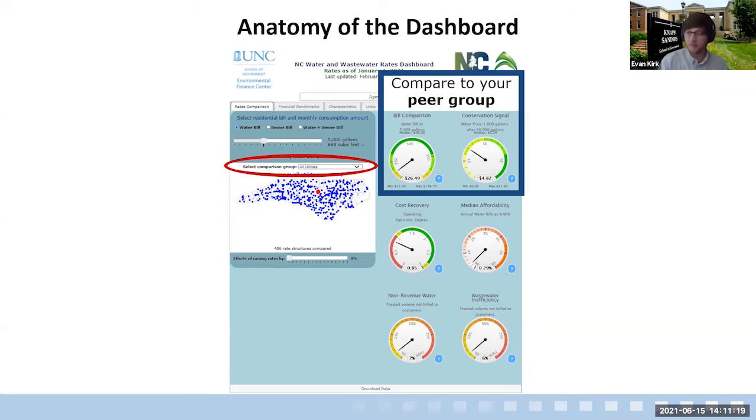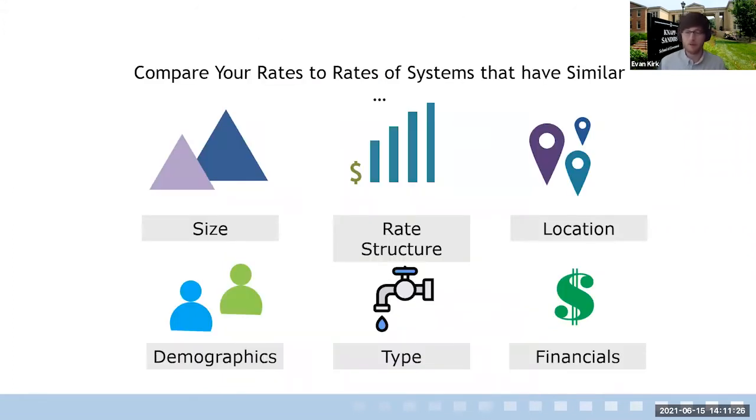So instead, we've developed comparison groups, which allow you to compare to systems that are more like your own. So what are the comparison groups we have? We have size. A system that's less than 10,000 people will have higher cost per connection for infrastructure than a system that's greater than 10,000 people on average. So you want to compare it to systems that are in your size range. So if you go to the comparison group and you select systems of a similar size, it'll tell you on the dashboard what size your system falls into, and then it'll be showing you all the systems that fall into